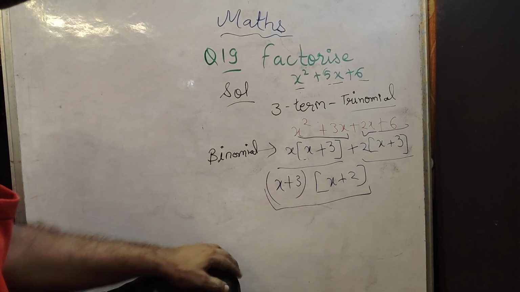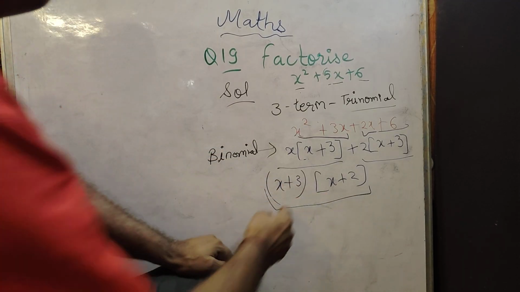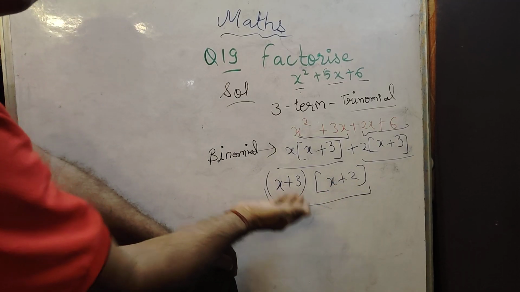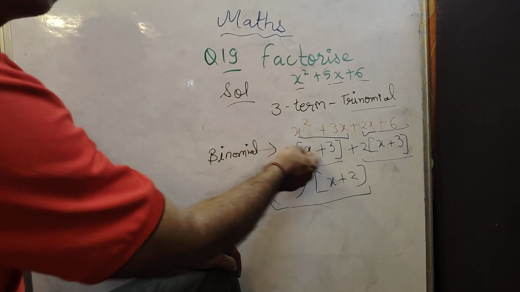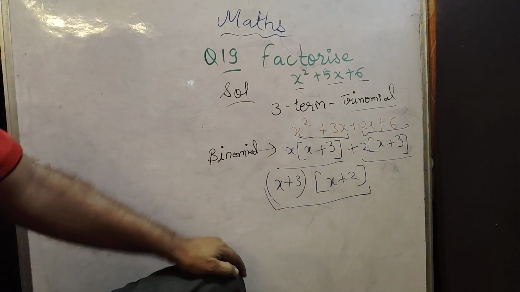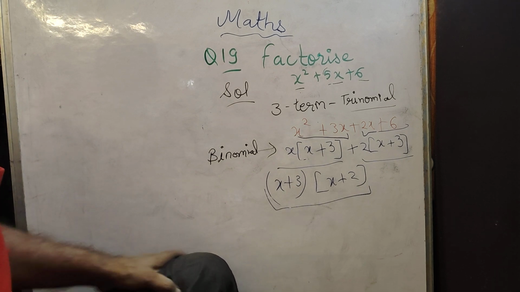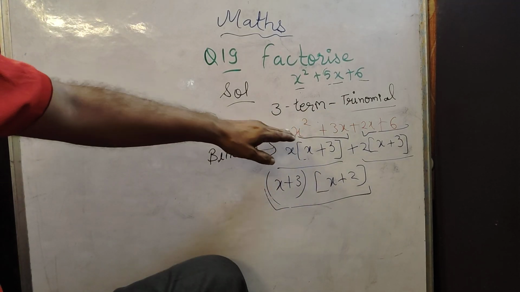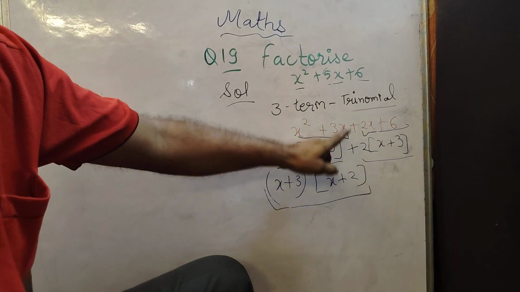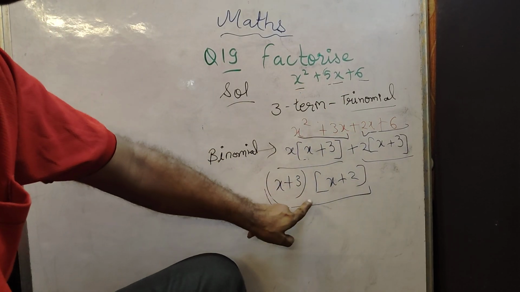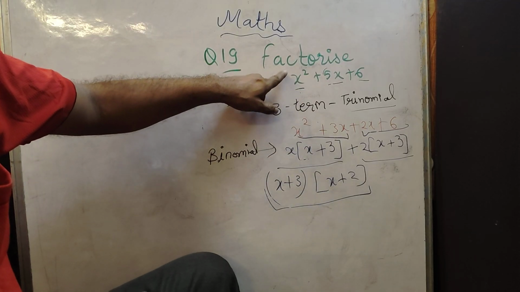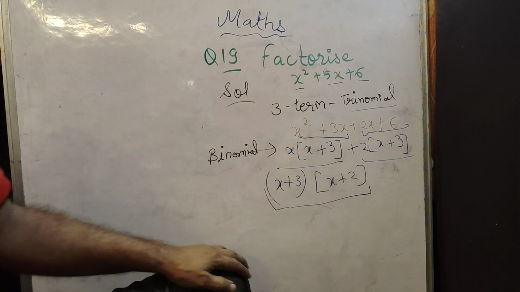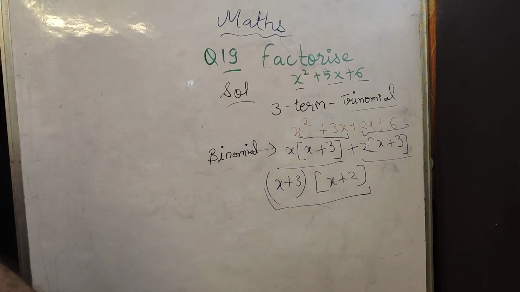One term is called a monomial. If the question says simplify x plus 3 into x plus 2, or multiply x plus 3 into x plus 2, you convert this monomial into binomial. After multiplying inside the bracket, you will get four terms. Four terms is called quadrinomial. Quad means four. Then you add the like x terms, so you will get three terms. So if the question is x plus 3, x plus 2, you will get the answer x square plus 5x plus 6. If the question is x square plus 5x plus 6, you get the answer x plus 3, x plus 2. Vice versa problems are available in many questions.